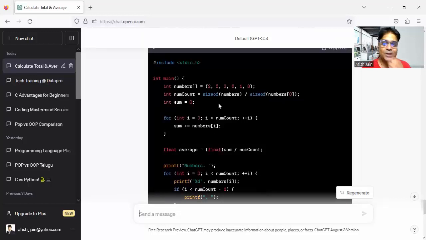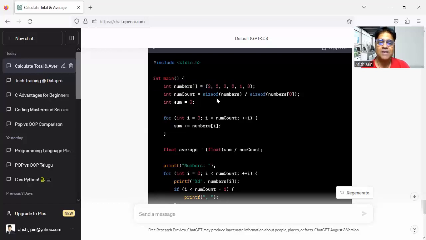See the total numbers, how it is counting: it is counting the size of the numbers array divided by the size of one individual number. How beautifully the code is articulated, you can observe here. So 1, 2, 3, 4, 5, 6. How many numbers you have? 6 numbers.